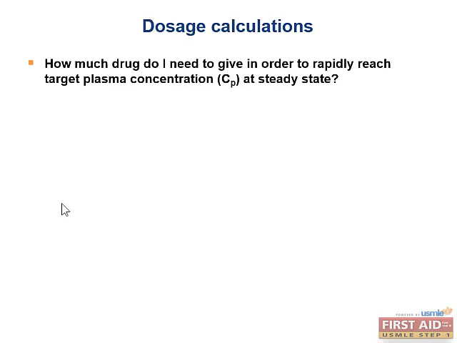Let's consider the question: how much of a drug do I need to give in order to rapidly reach a target plasma concentration, which will be denoted by C sub P, at steady state? To figure this one out, we need to look at the loading dose. Now, the loading dose is going to be equal to the plasma concentration,